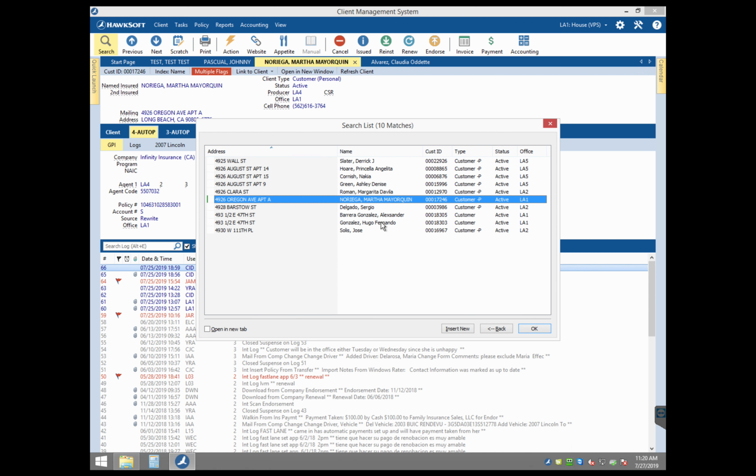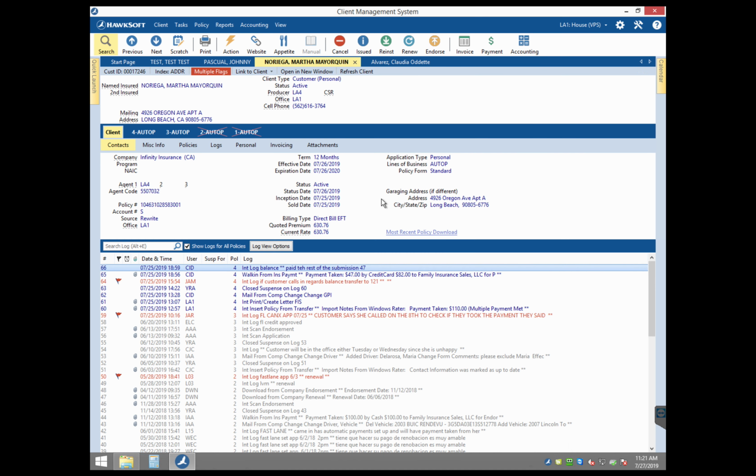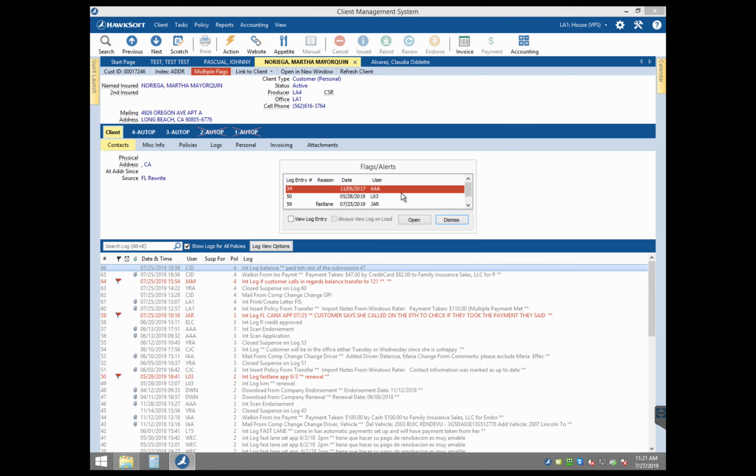And if there's multiple files under the same customer, you may have to actually log into each one and confirm the information to determine that you are reviewing the correct one. So for Martha, there's only one. So let me double click on Martha. It's going to open up